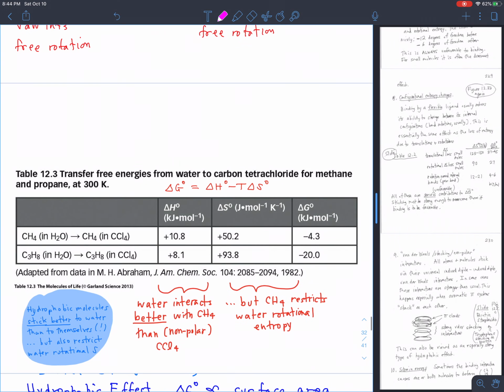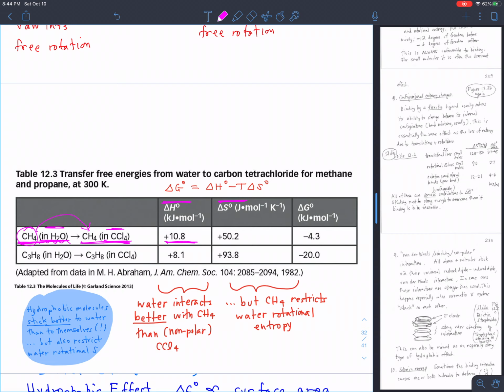Here's the experiment. You start with some methane dissolved in water, and then you move that same methane to be dissolved in carbon tetrachloride. Carbon tetrachloride is, of course, very hydrophobic. Water is very hydrophilic. And then you look at the delta H and delta S values for that transfer process, that transfer of a very hydrophobic molecule, CH4, methane, from a polar environment to a nonpolar environment, and you find that the delta H contribution is actually unfavorable. In other words,